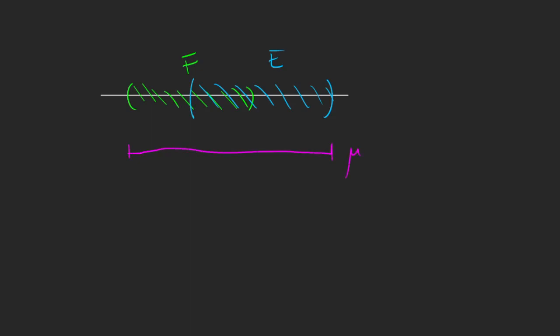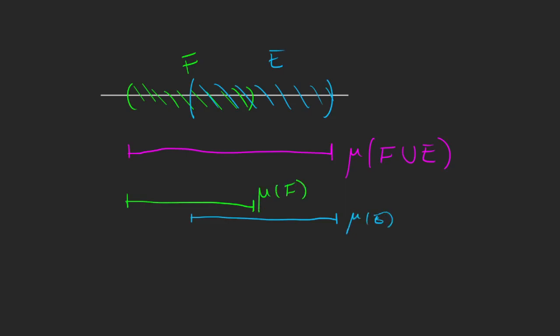This is the measure of F union E. And the measure of F is this portion. The measure of E is this portion. So the measure of F plus E, again, this is the measure of E, the measure of F, the sum of the measures, so these two adding up, we will get the measure of F up to this